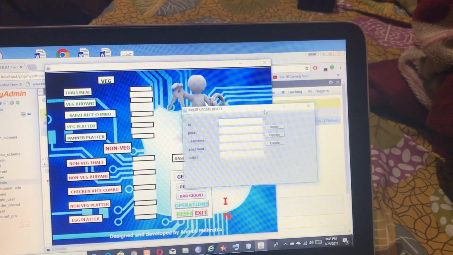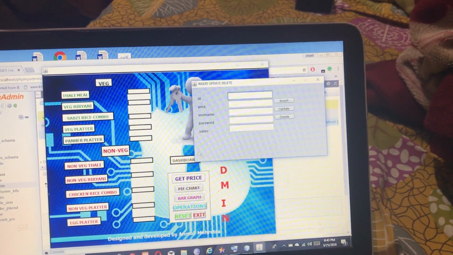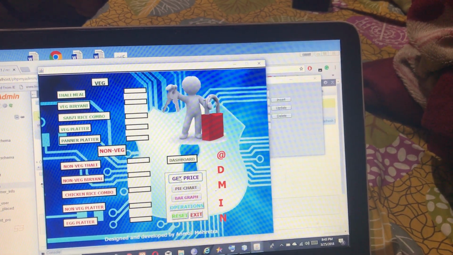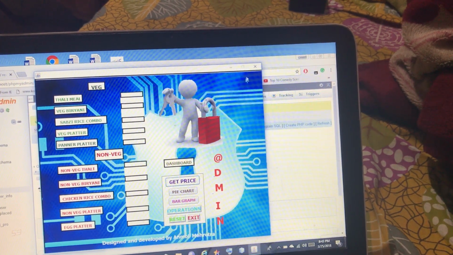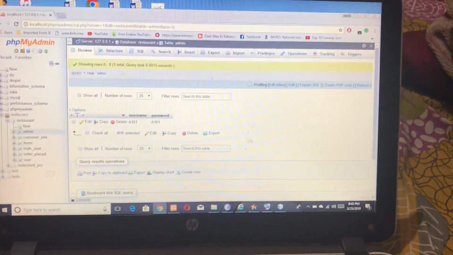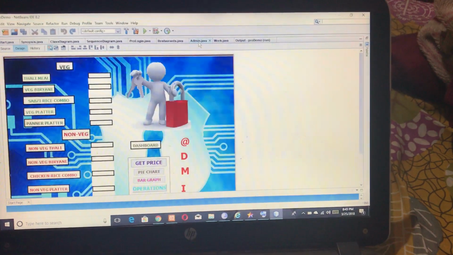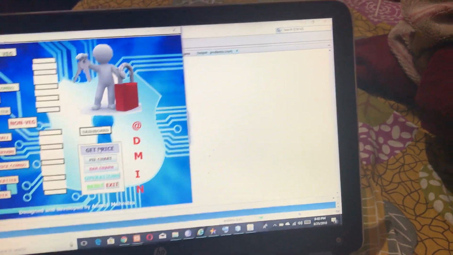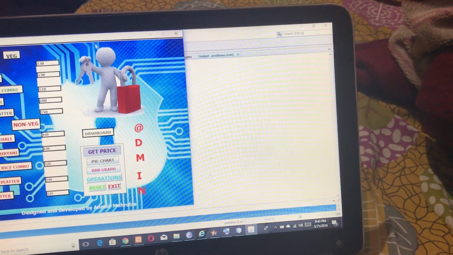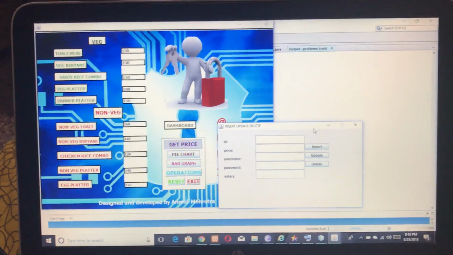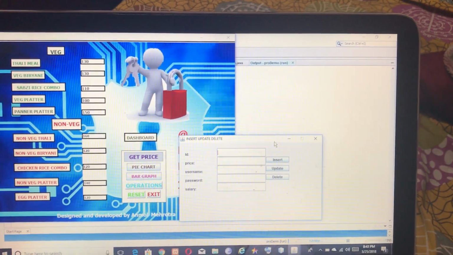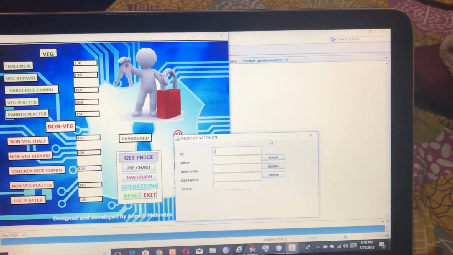You can see here that if I click on get price, that is the get price. And once I click on operations, if I enter the catalog ID for every item, that is 101 for thali meal,